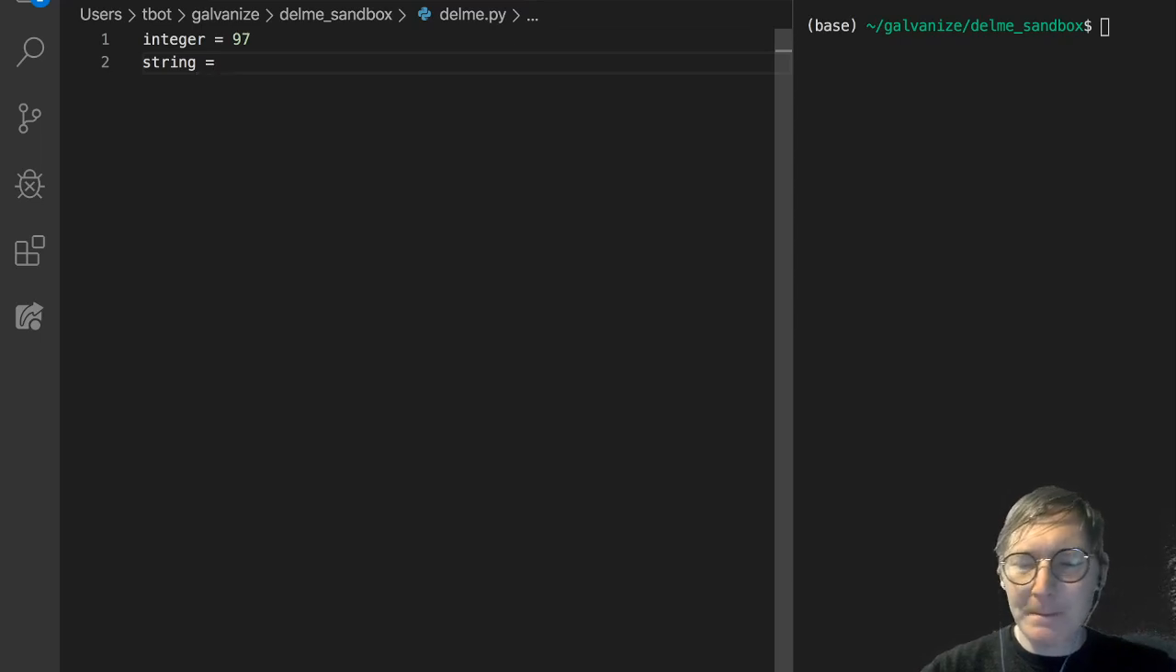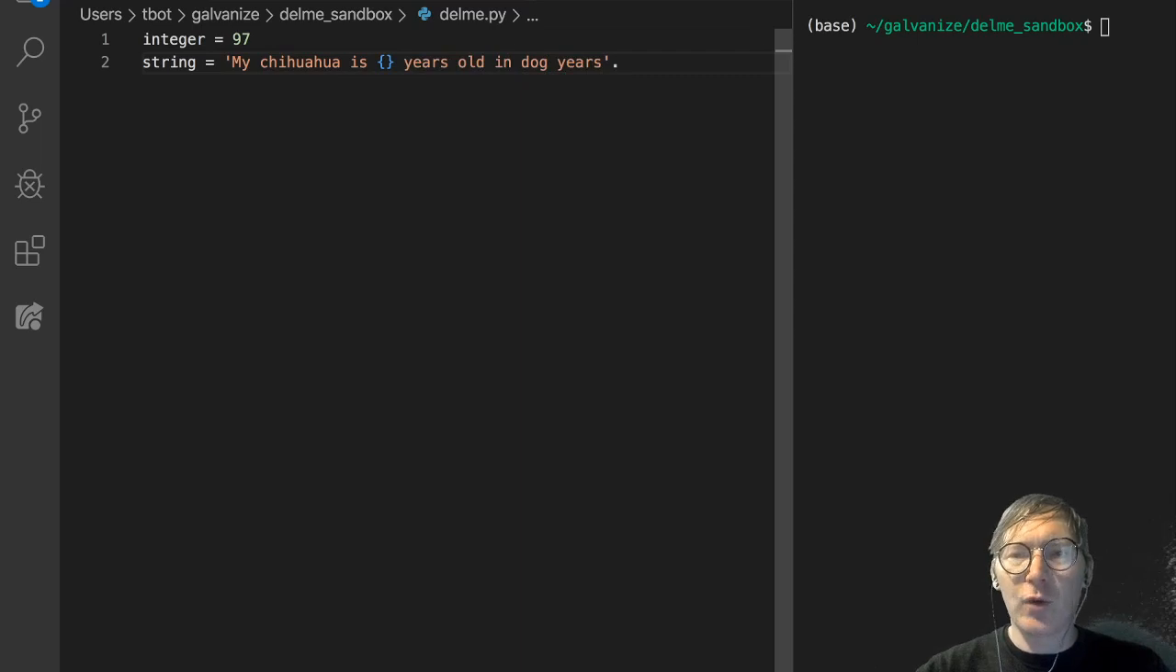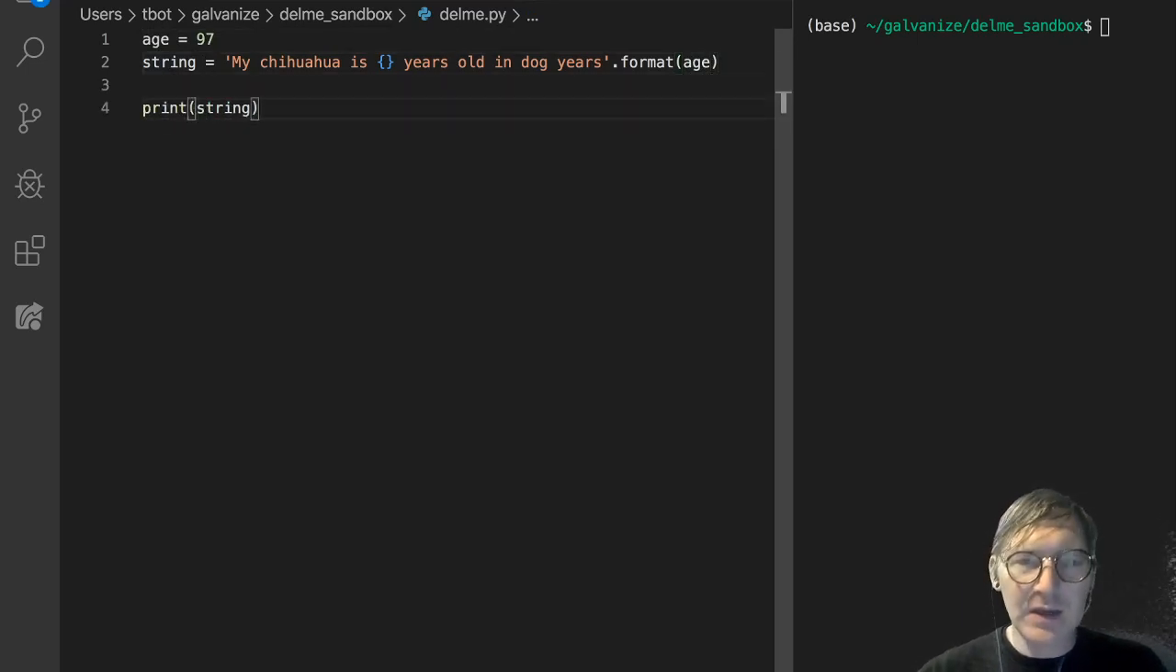So string is going to get "my chihuahua is {} years old in dog years", and let's do dot format, which takes these braces, and then at the end of this we can put dot format, and we can say integer, and maybe I'll just call this age, just to be more accurate to what I mean. So I'm going to print this string,